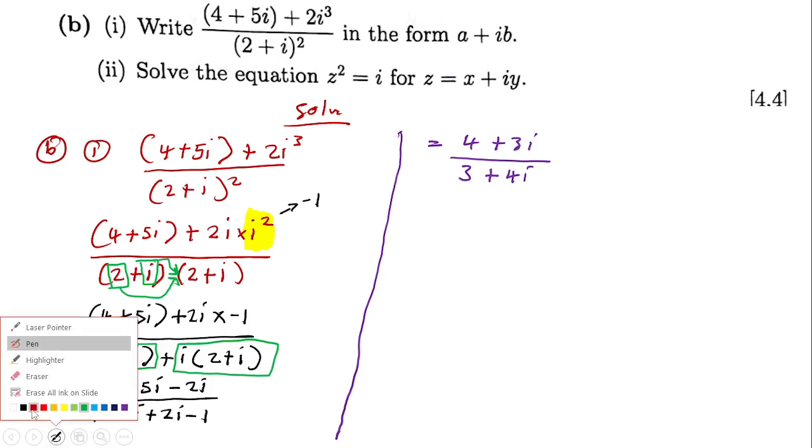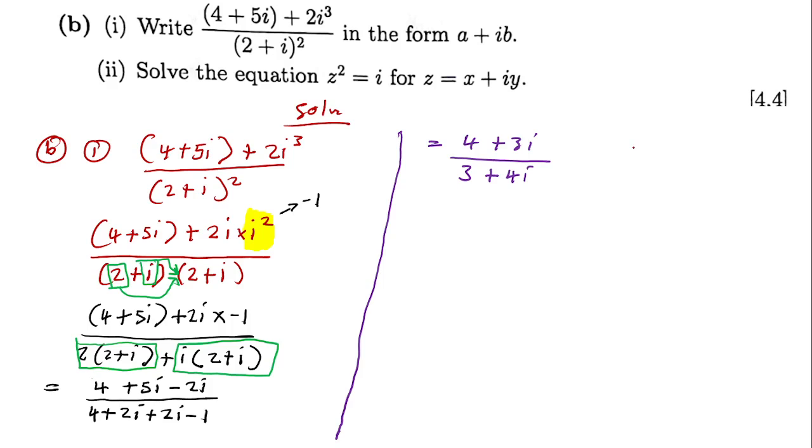Yes, thank you. You're welcome. So the next part, you are going to multiply by the conjugates. So there you're going to say 3 minus 4i, and then over, you're also going to multiply 3 minus 4i. Then that will simply be equal to open bracket 4 plus 3i, and then close bracket 3 minus 4i, and